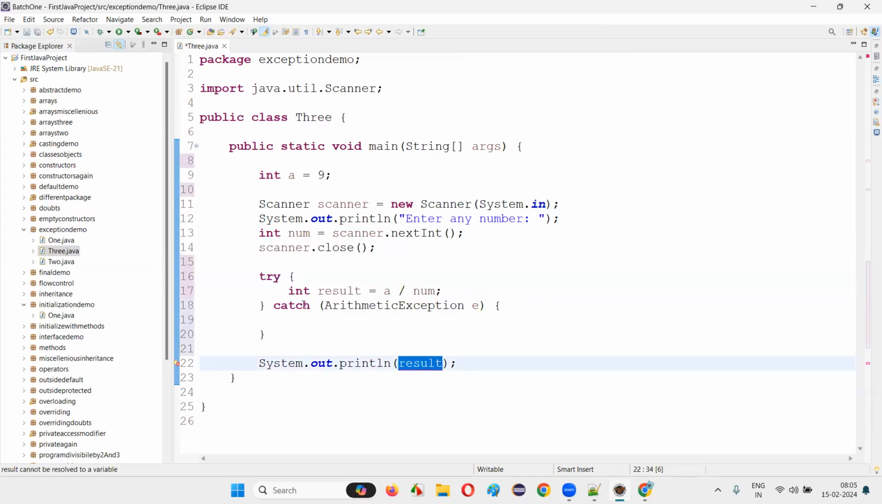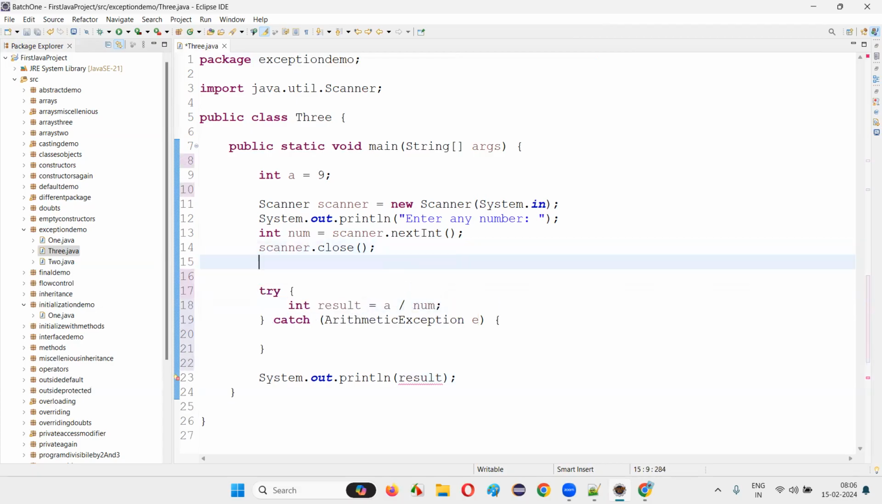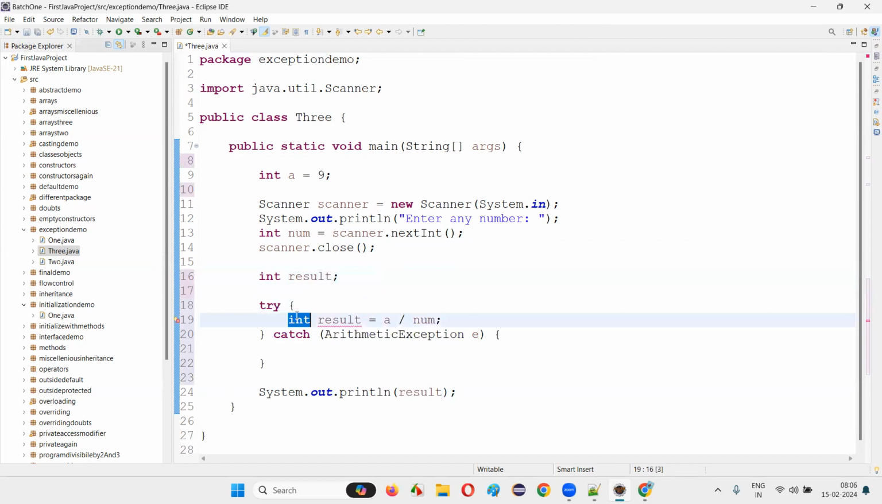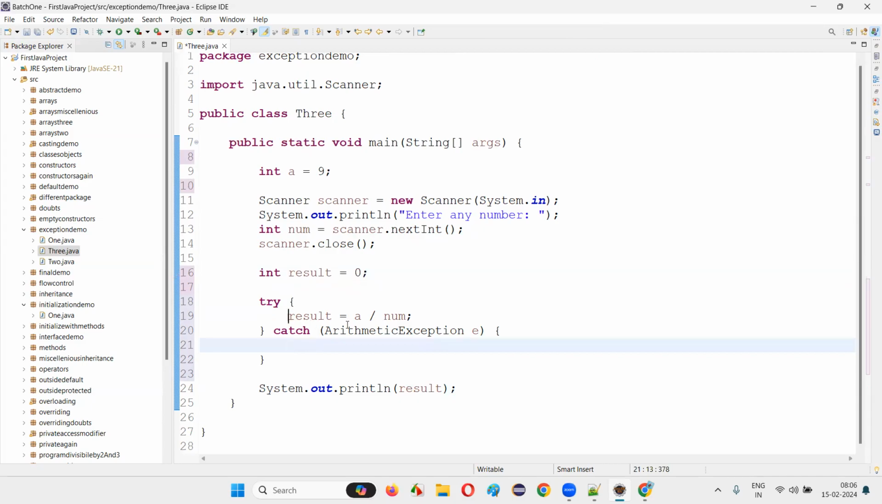And here you see result is giving me an error because this becomes a local variable to the try block. So I have to take it outside, and remove the double declaration here. For the result, I have to initialize some value, let's say 0 or something. And now in the catch block,